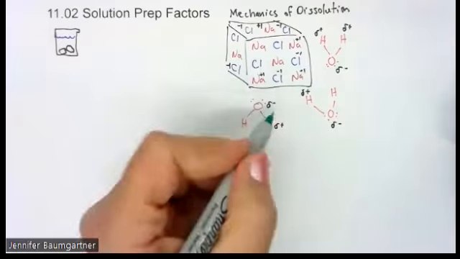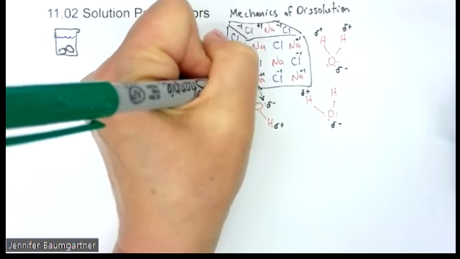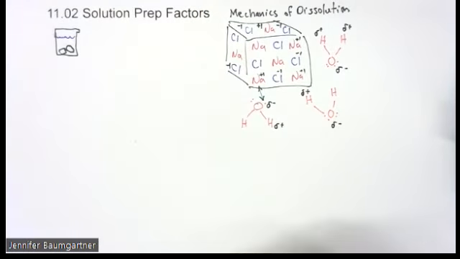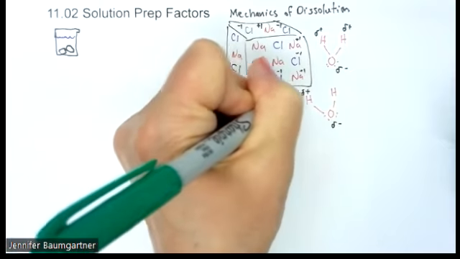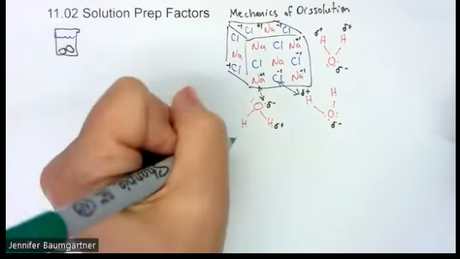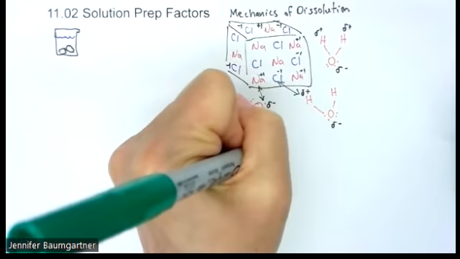If I have a negative charge here and a positive charge here, what did we say positive and negative charges do? That's right, they attract. So I get a pull between this positive sodium and the partial negative charge on the oxygen. Over here, I have a partial positive on my hydrogen. So I'm going to get an interaction or a pull between my negative chloride ion and the partial positive on the hydrogen. And what we see actually happens is at the solute-solvent interface,